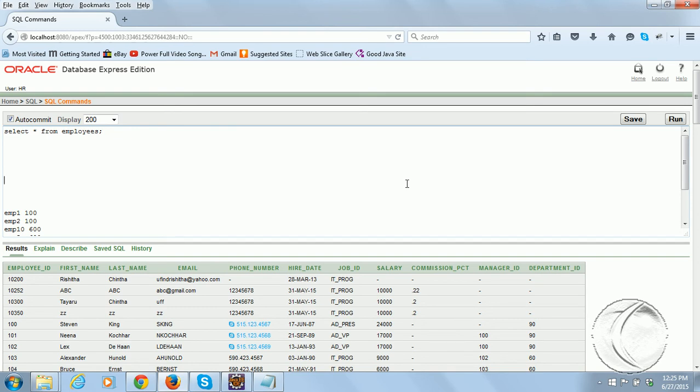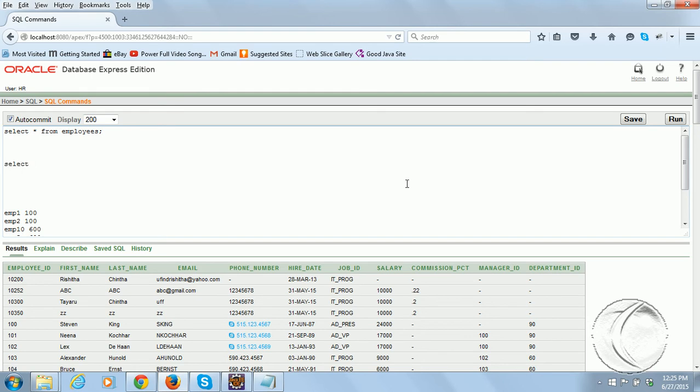If you go for an interview, they may ask you to write a query using group by. They may give you this employees table, and they may ask you to write a group by statement to find out. They won't tell you that you have to use group by. They will simply say that I want to know the number of employees working in each department. In those cases, we can go for this. Now let us see the syntax.